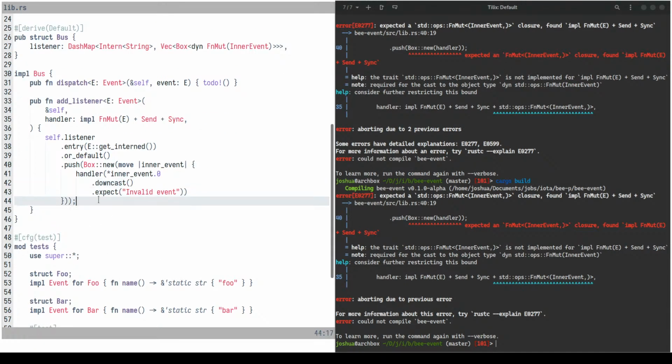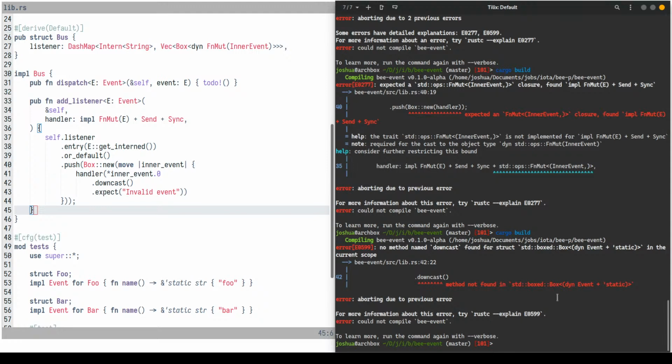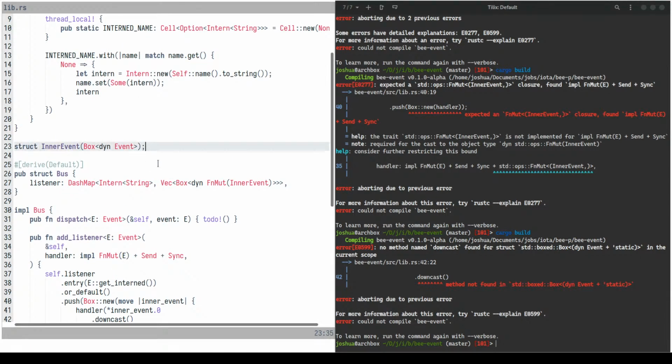So there we go. Hopefully in compiling this, if I can move the window out of the way. Okay, now it almost likes us, so there's just one more thing we've got to do, and that is